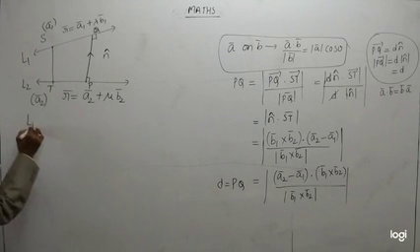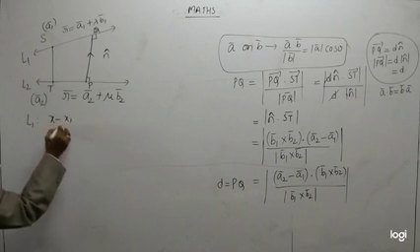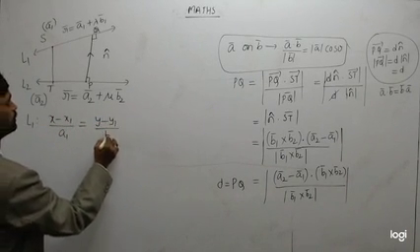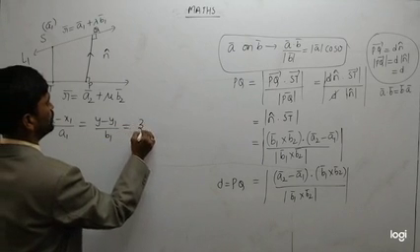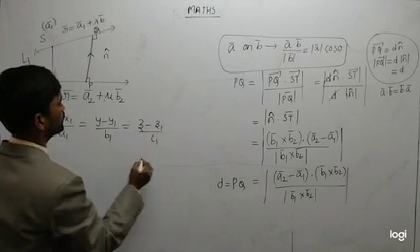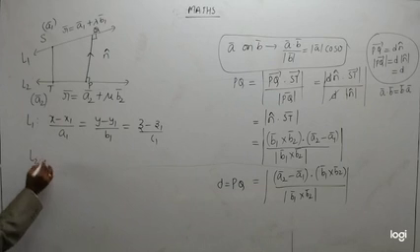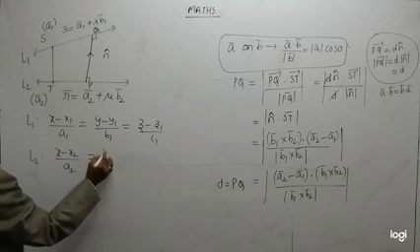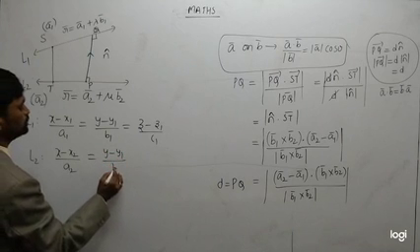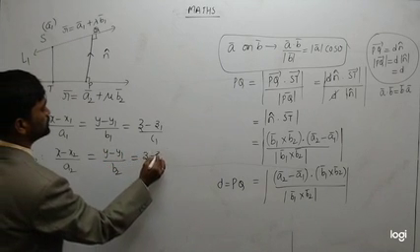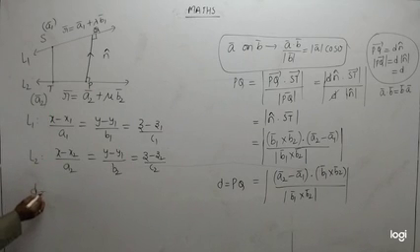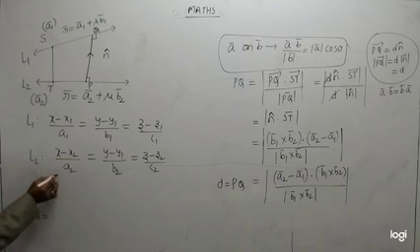So suppose the line L1 is given by (x minus x1)/A1 = (y minus y1)/B1 = (z minus z1)/C1. Next, line L2 is (x minus x2)/A2 = (y minus y2)/B2 = (z minus z2)/C2. Then the shortest distance D between the given two lines is equal to the modulus